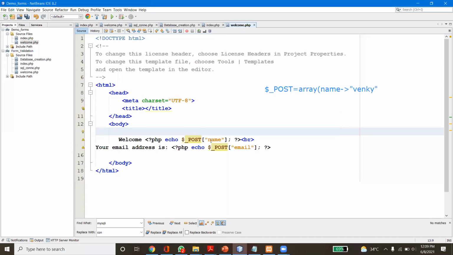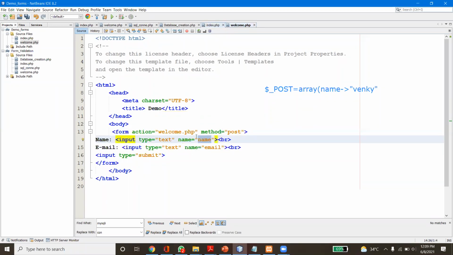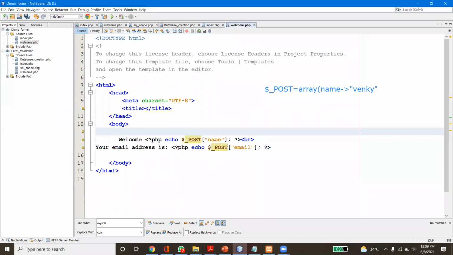Inside the array, generally for an array we pass an index. Here we are using a key. As the key we have to give the form field name. If you see the form, for the first field we are going to use name. So here we are using name, then your email ID is so and so.